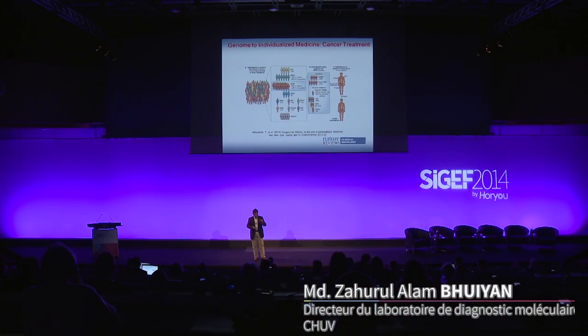And also for cancer treatment, one example is here: someone has a cancer in the lung, a particular type of cancer, and he or she gets the same treatment. But we now see that with the same cancer, you can have a different type of genetic defect. So based on the defect, your treatment could vary. So this is an evolving field in cancer.